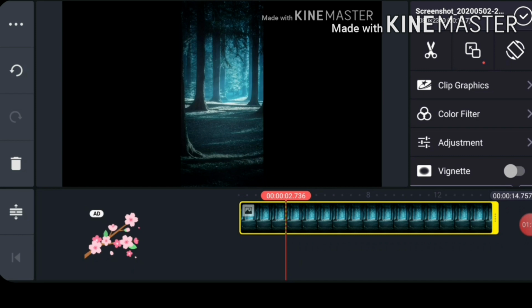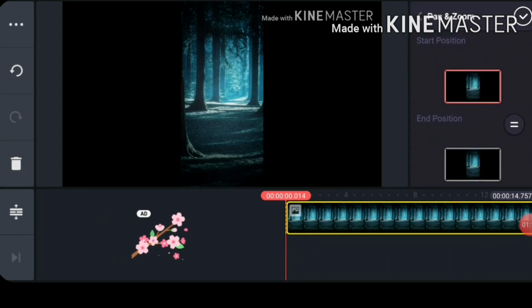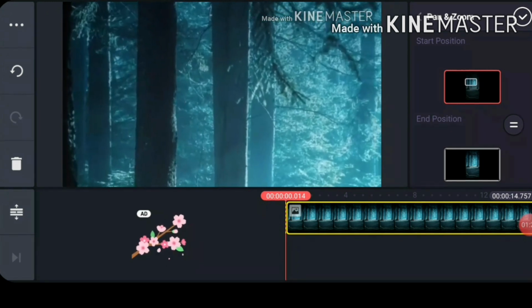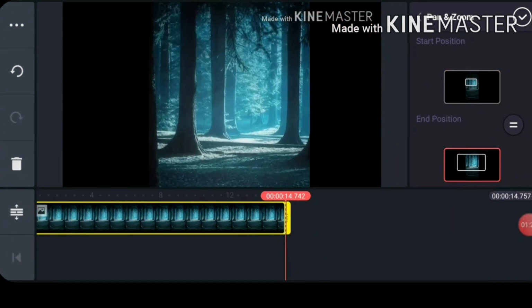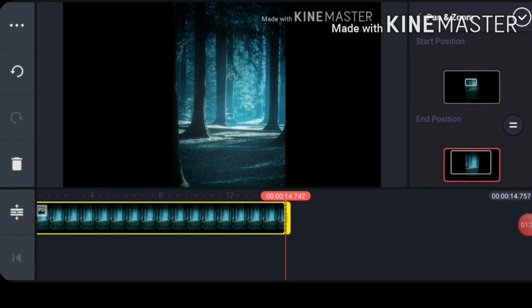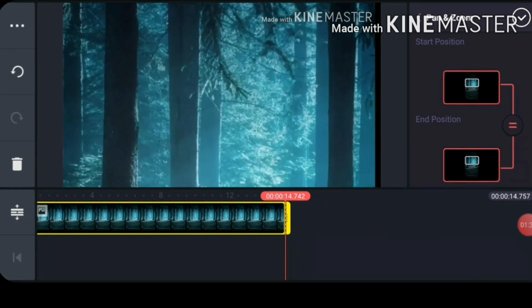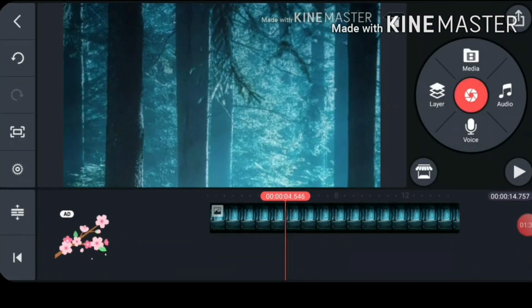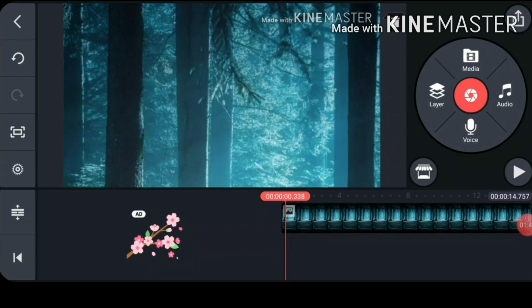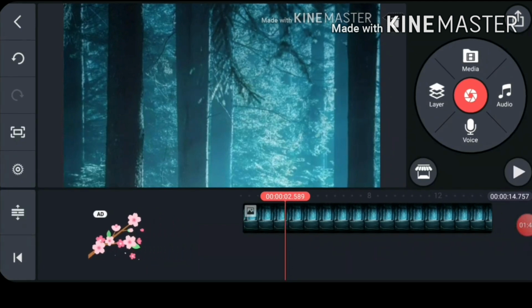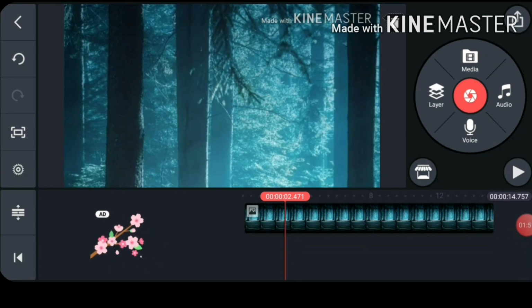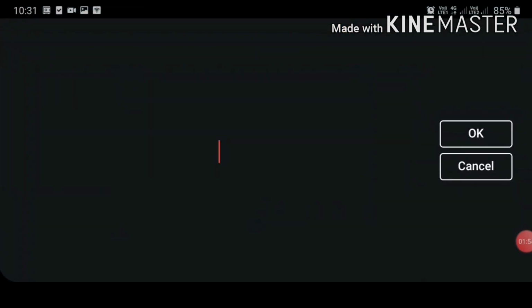Now we are going to see how to zoom it. We should go to pan and zoom option and we can select the zoom ratio of start position and end position. If we click the equal button, it will display the same ratio of zoom in start position and even in end position. Even we can zoom the video. This red line at the bottom is the cursor and we can keep the cursor at any place and we can edit. For type text, we have to choose the layer and go to text option.